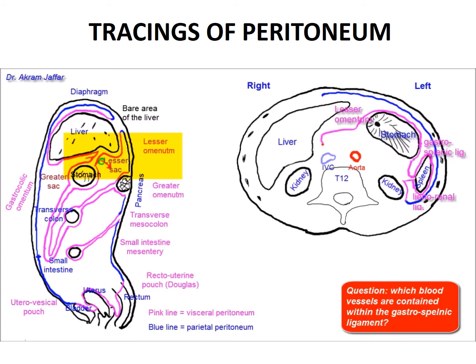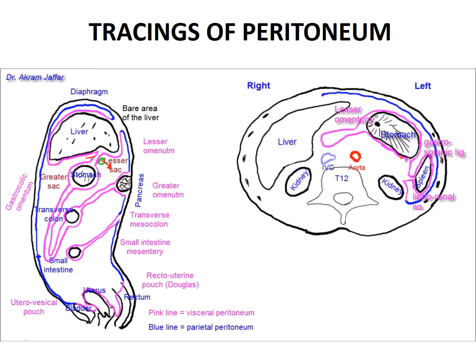So this is the free border here. It's a thick border returning back into the lesser curvature of the stomach, and from the lesser curvature of the stomach it covers the posterior surface of the stomach until it reaches the greater curvature and is reflected back to the spleen. So the visceral peritoneum here on the posterior surface of the stomach will reach the greater curvature of the